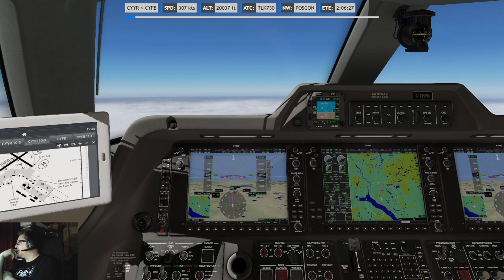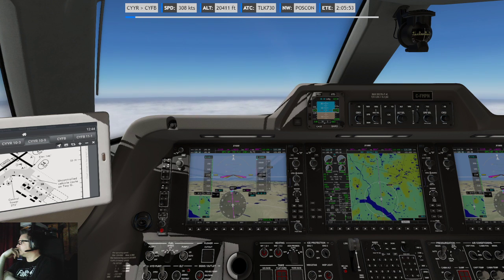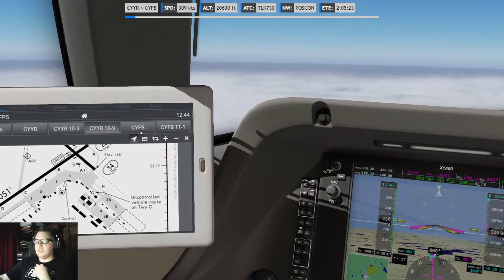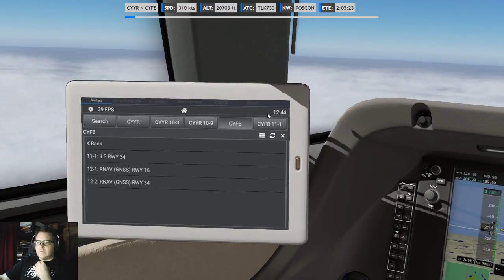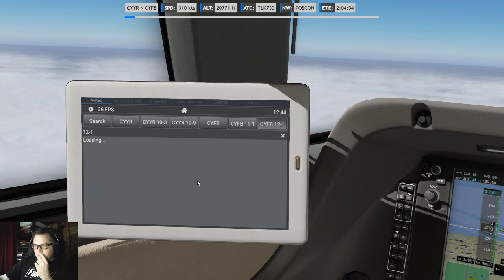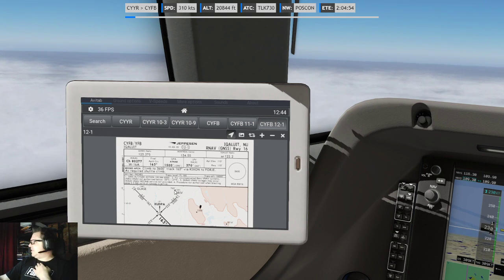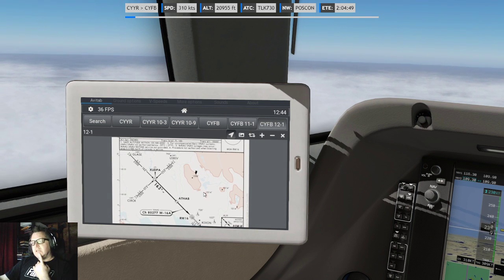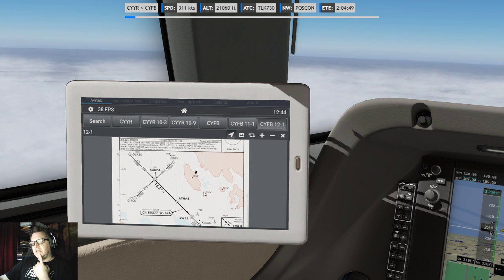Really? I may actually do like a circle to land type thing. I need to look up the approaches. Because I may do 16 if the winds are so strong, and 14. Yeah.